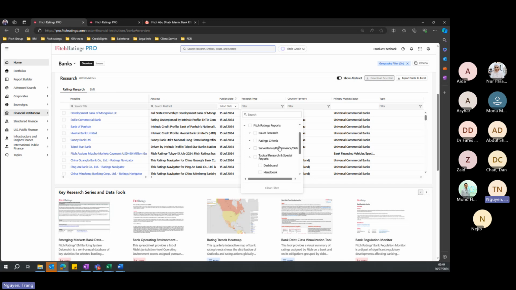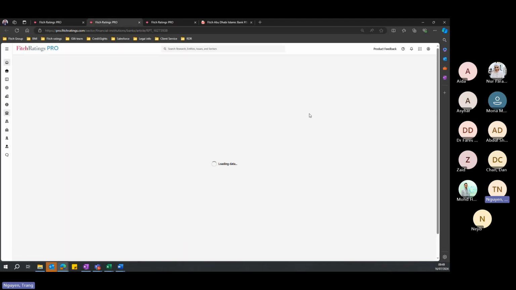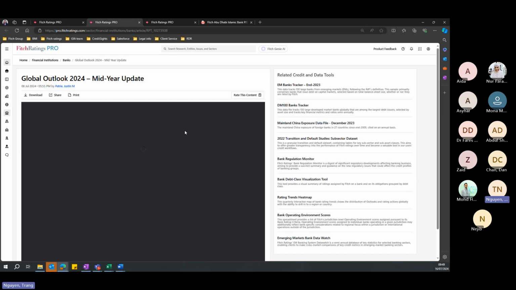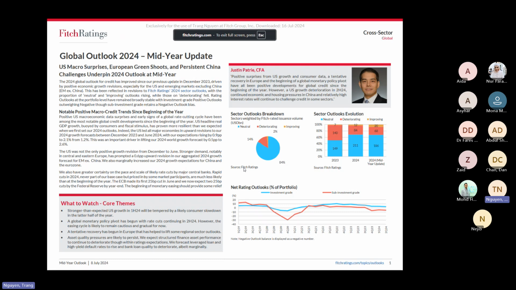For example, if I select the outlook over here, and then take you to one of the outlooks, so potentially these are the sector outlooks that we are providing to you. Let me expand it for you. So what it does is that it's a forward-looking series. The research is provided directly from our ratings office. What it does is provide you our opinions of the expected credit environment for the sectors, over